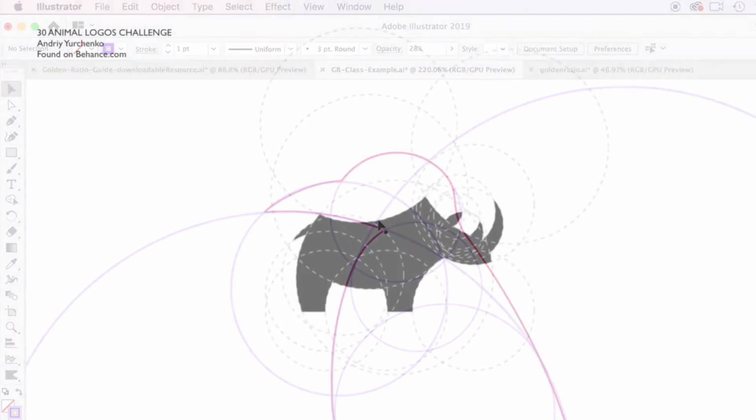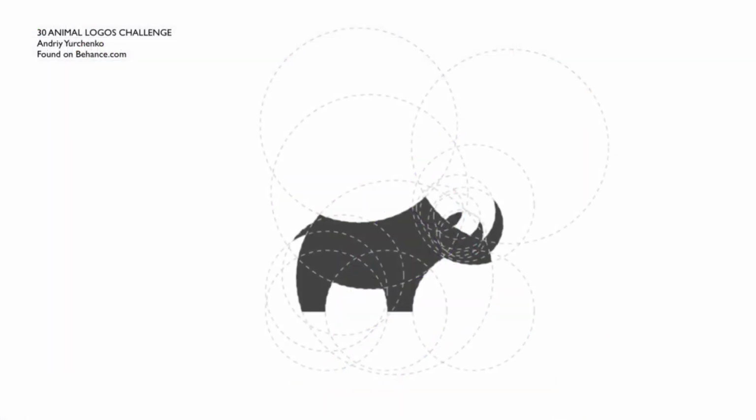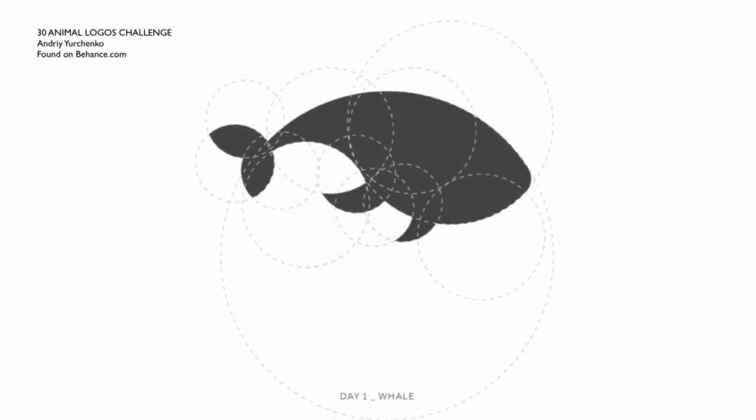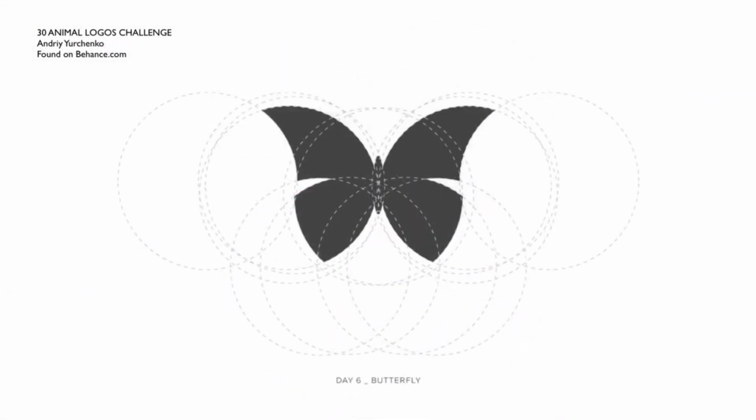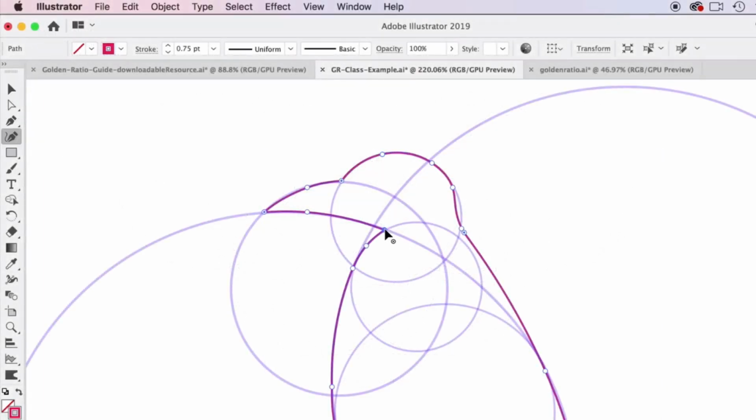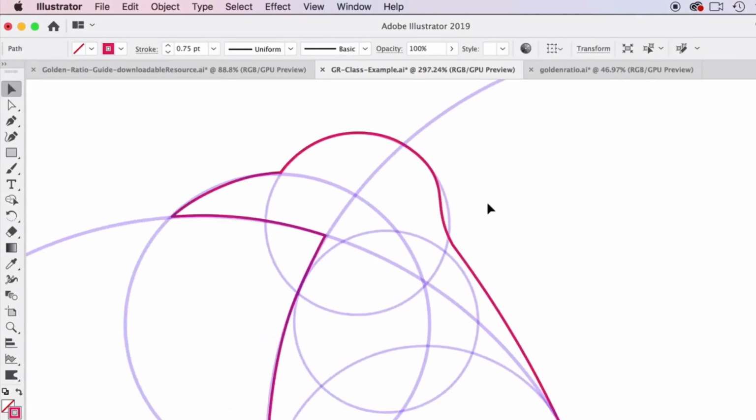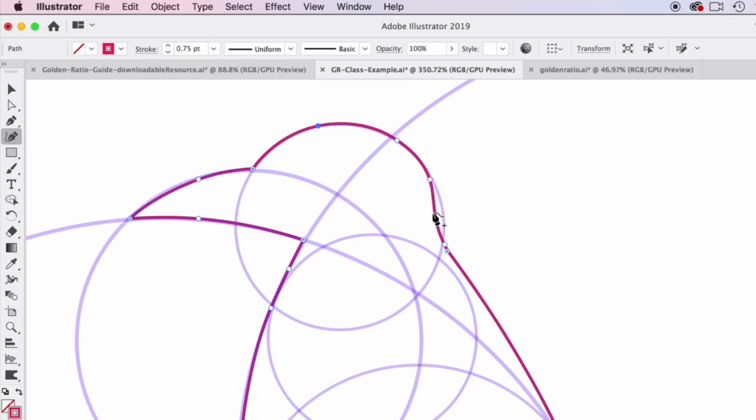And you'll see a lot of examples. I'm going to show you another example of another talented designer who takes all these circles and finds opportunities in the overlapping parts of the circle to find shapes. So right there, there's an opportunity to do that. And also this bend, we can maybe even